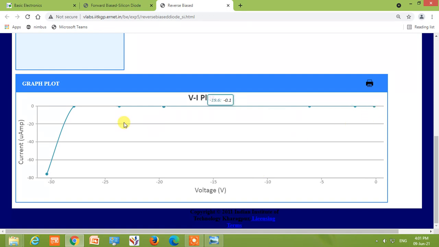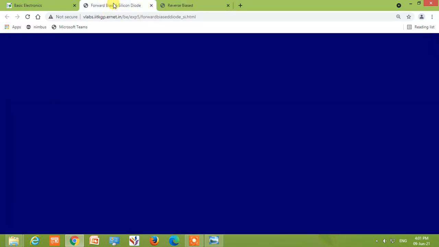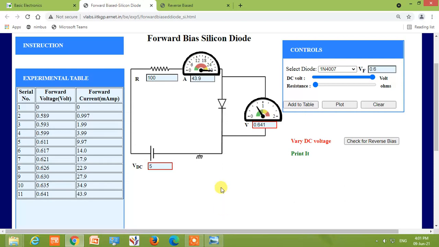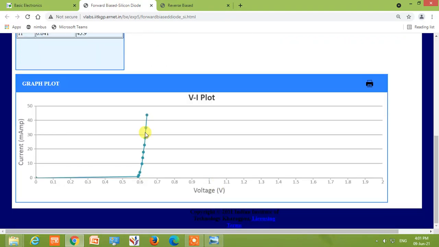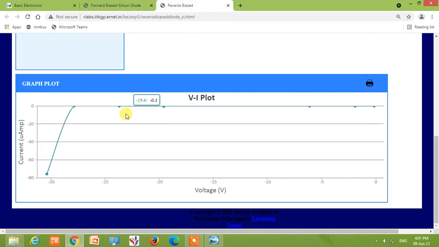So you have to compare this with the forward bias characteristics. So this is the forward bias characteristics going upwards, and this is reverse bias characteristics going downwards.